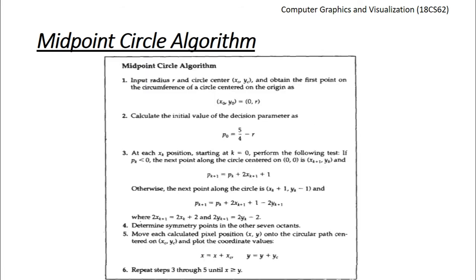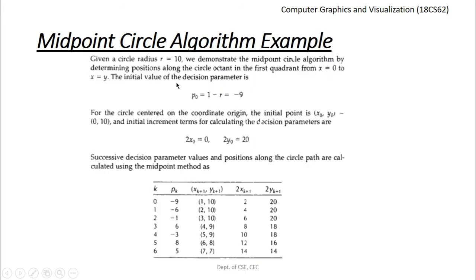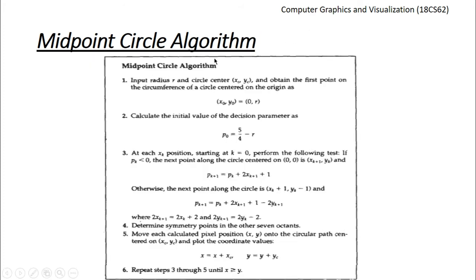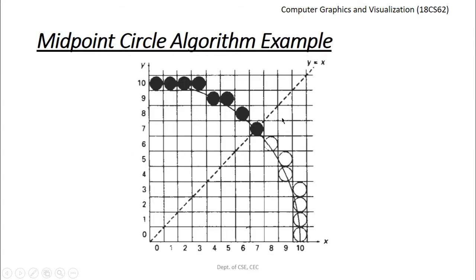Okay. So we input the value of the circle. Let us just look at the question here. The radius value is given as 10 and the circle center is considered to be at the origin. So here xc comma yc will be equal to 0 comma 0. So the first point that we are going to plot is x naught comma y naught, that will be 0 comma r. In this example, the value of r equals 10. The first point we will be plotting is 0 comma 10. At the pixel position, x is 0, y equals 10.